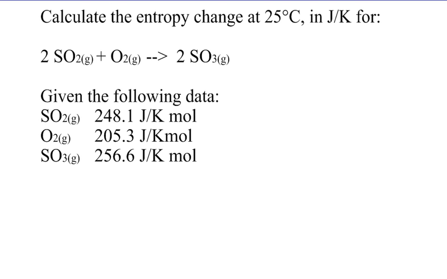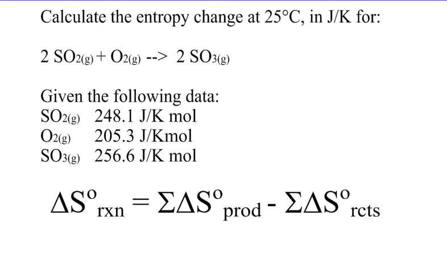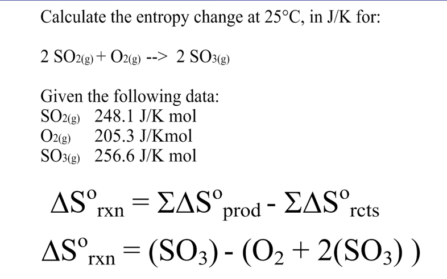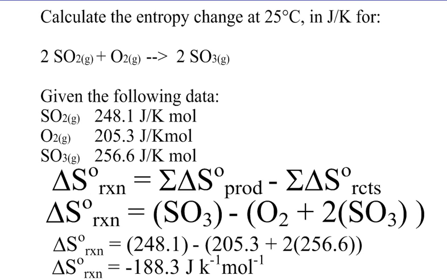So let's say we're given a problem like in sample B, where we're asked to find the entropy change, the delta S, for the reaction, and we're given the entropies for each of the reactants and the product. If we plug them into the Big Mama equation, we'll be able to find the entropy change for this reaction. So, without further ado, let's do that. We plug in our reactants, our products, and we sum them up, and we should get delta S, which once you plug these in, you end up with negative 188 joules per Kelvin mole,